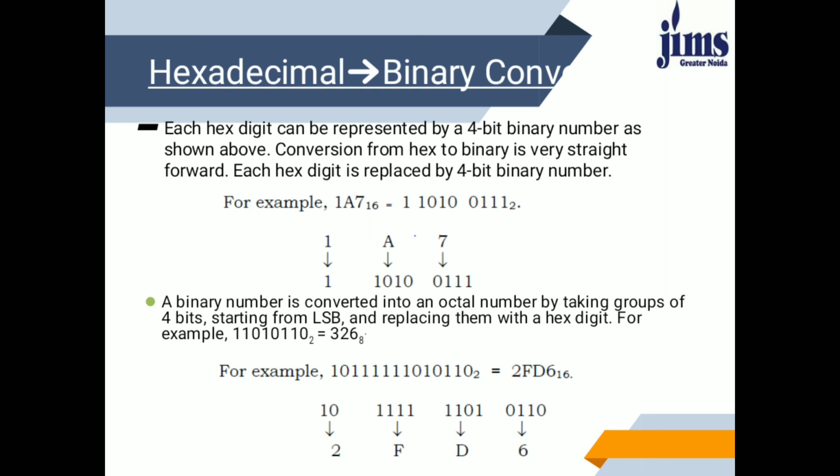How? Octal number is represented by a group of 3, but hexadecimal number is represented by a group of 4 bits in binary. So D directly can be written as 1101. Here A is equivalent to 10 and 10 in binary is represented by 1010. So we do not write 01010. We write only 4 bits, that means 1010 to represent 10. So in this way we can convert each hexadecimal number into binary number.